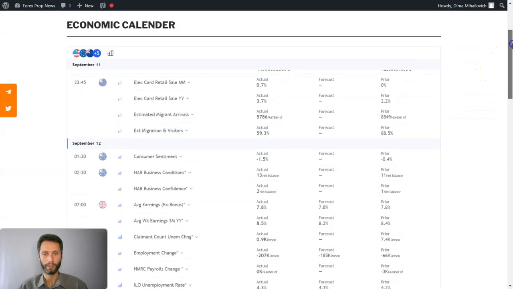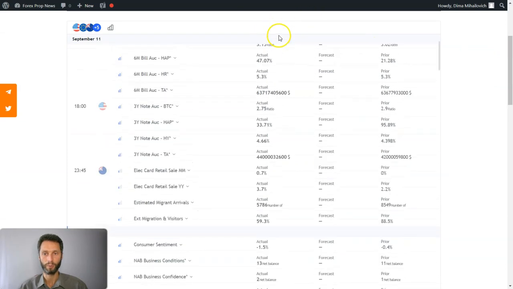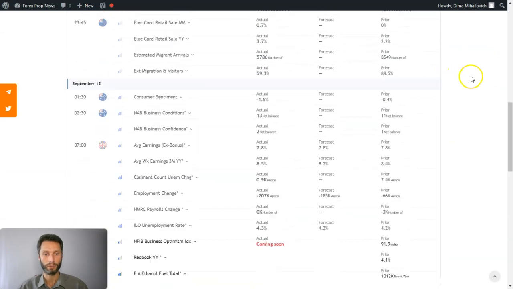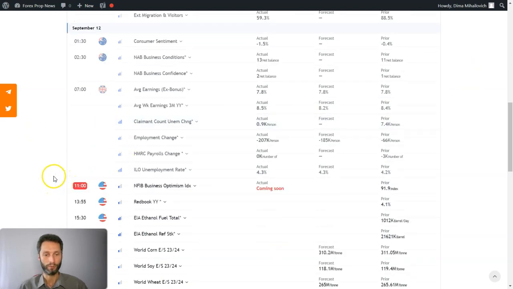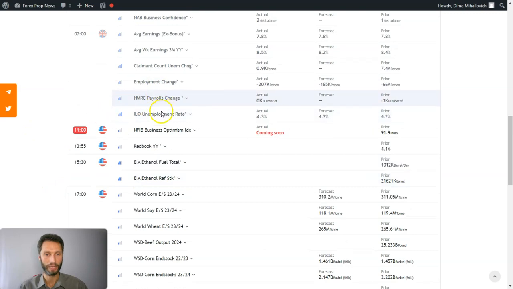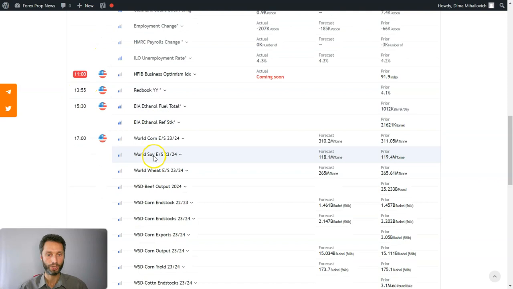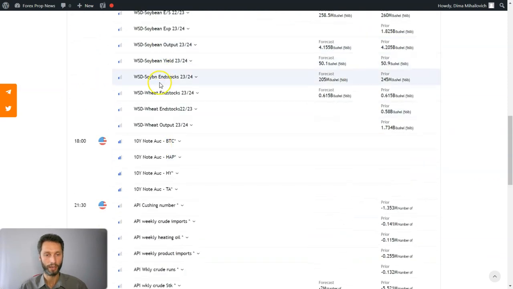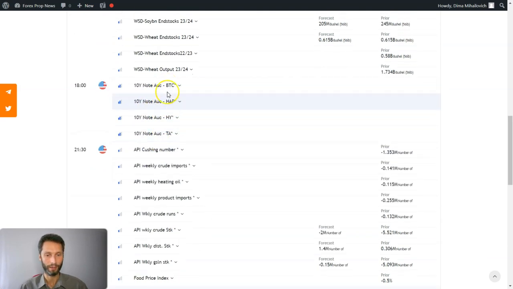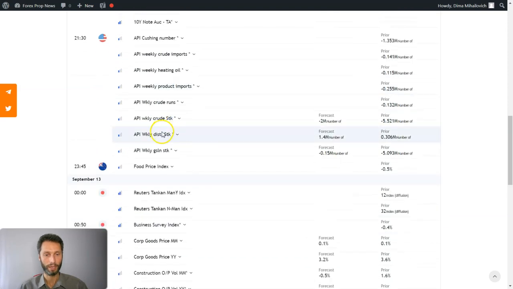Here we are on the calendar. If you go to the website under economic calendar, you will see this. So we are on September the 12th, and what we've got today is nothing really major. We have had the pound news here. The major pound news hit earlier in the day at the beginning of London session, and for the rest of the day we don't really have anything major. We do have some minor news on the bond notes later in the day, but that's not really major.